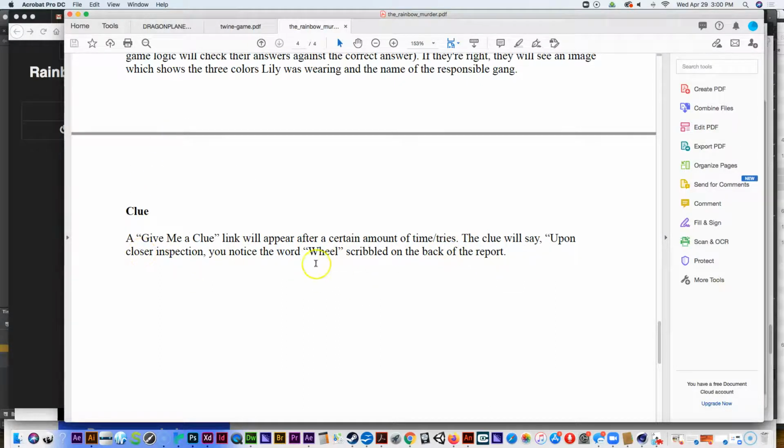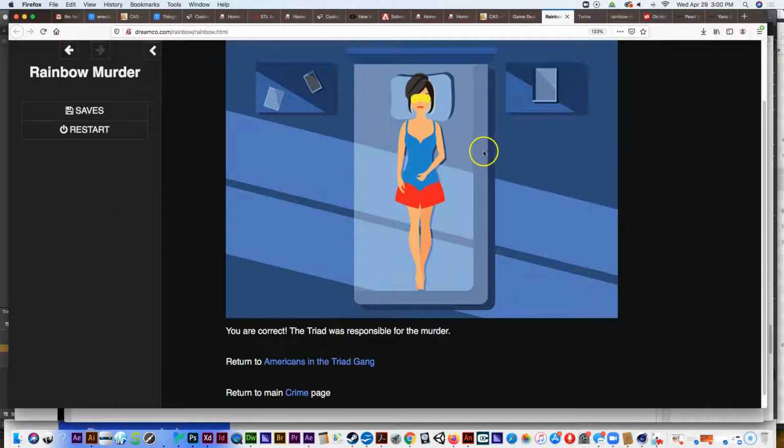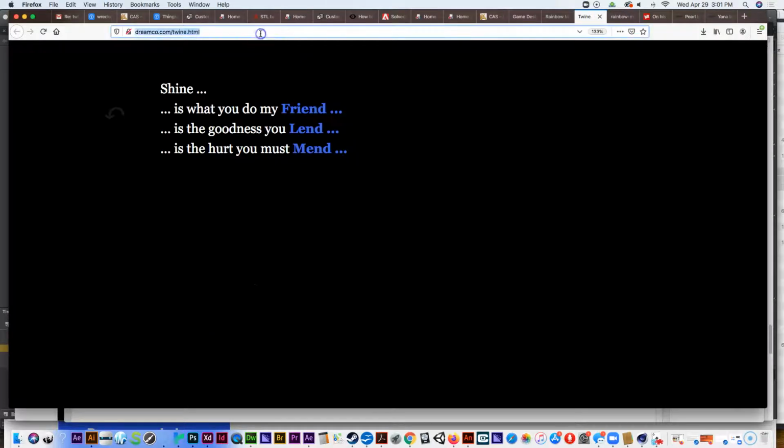Now, when I've given classes that clue of wheel, they immediately figure out that it's a color wheel, since it's called the Rainbow Murders, and then they just have to go look at color wheels and try and figure out how the color wheel plays into it. And like I said, the color wheel plays into it because if you look at a color wheel, in fact, let me go to one right here. So let's see, I think it's